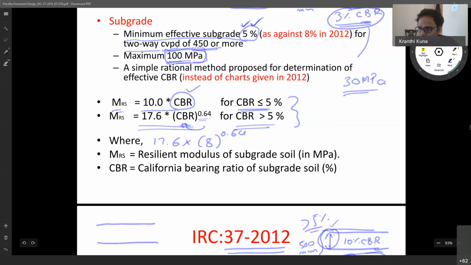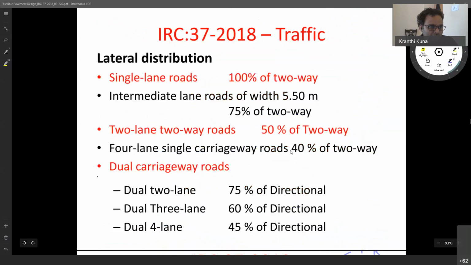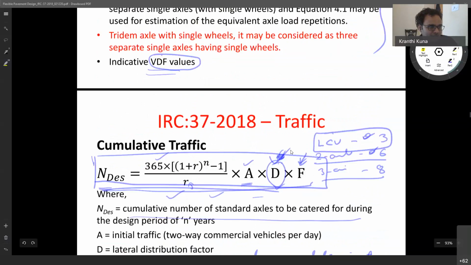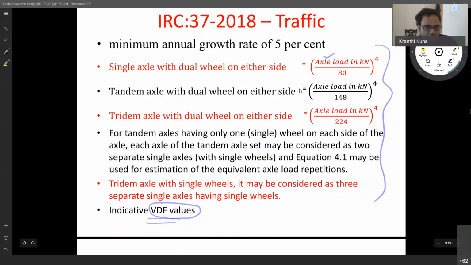Let me see. There are quite a few. So how to convert tandem and tridem axle to a standard axle? We have given this expression here. So we use